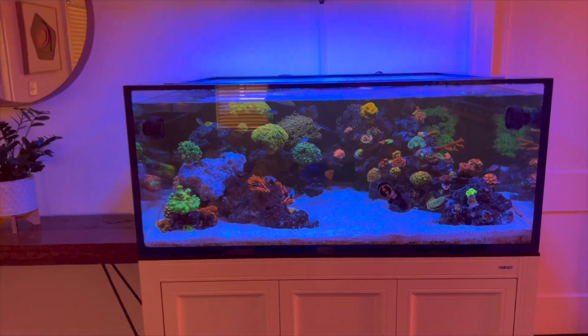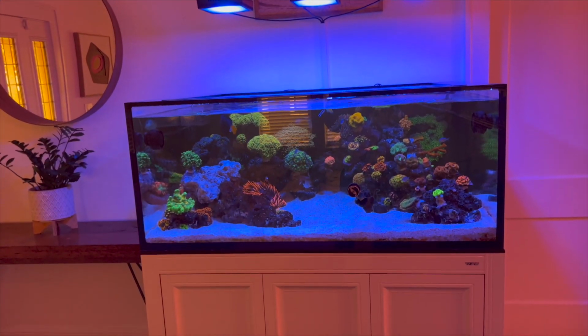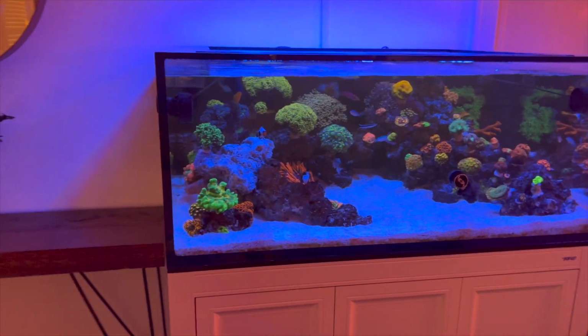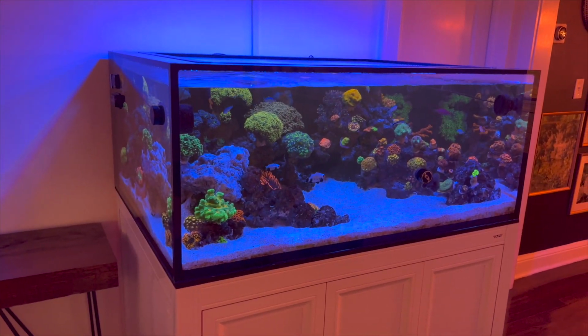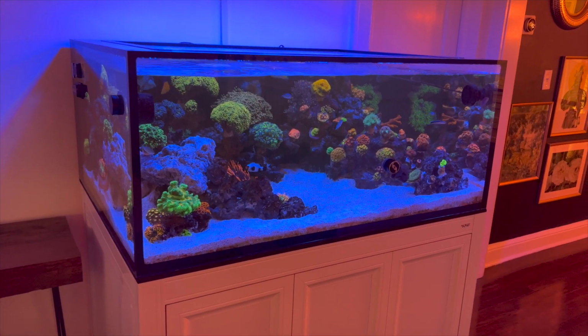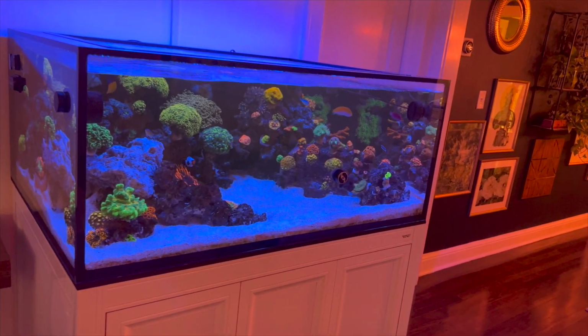Overall, all the fish are happy. No casualties, knock on wood. Aquarium's looking good. New aquascape, new coral, new fish. Reefapalooza is right around the corner. So I want this tank to be fully tuned in. That way, when it's time for the show, I could literally just go and buy all the corals I can think of. So...